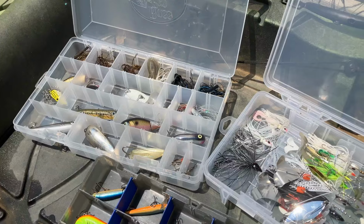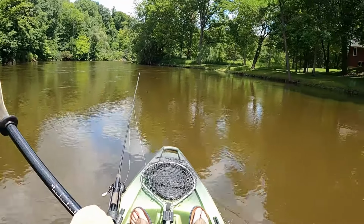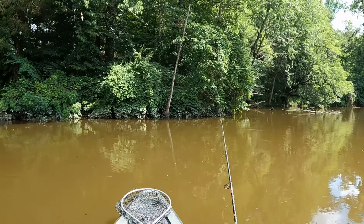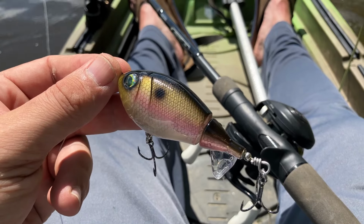I've been planning it for months, but I've only got one shot at this, and I do not want to screw it up by picking lures the bass are not going to bite. So which ones are going to work? I didn't really know, but I did know that I was going to start with 3 lures because I brought 3 rods with me. After much internal debate, considering my history with the river, what's worked, what hasn't, and the current conditions of the day, I decided on these lures. A Mepps Nitro Spin Bucktail, a Texas rigged 4-inch Yum Dinger, and a Bass Pro Chaos Shad, which is basically